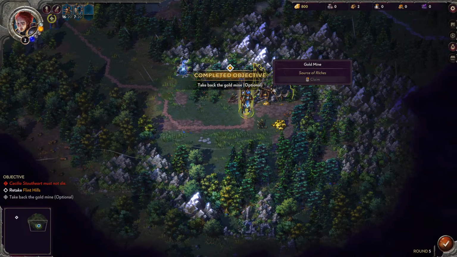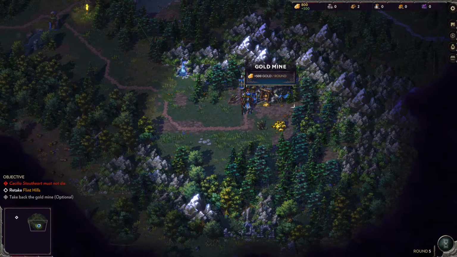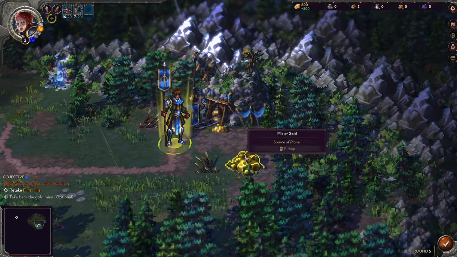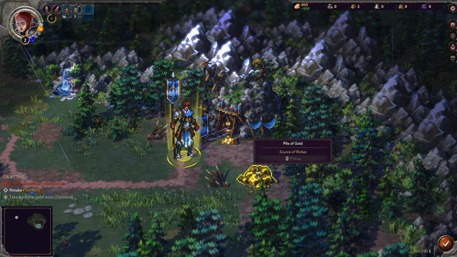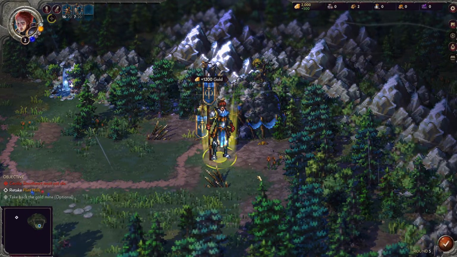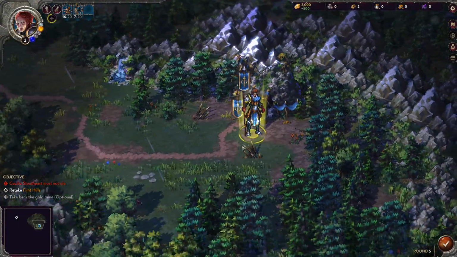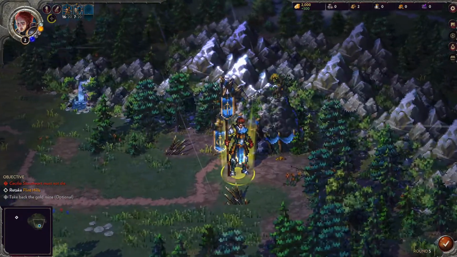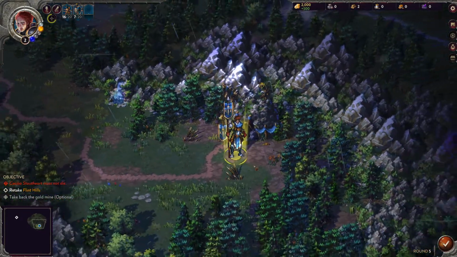We got the gold mine. Claim. Sweet, so it gives us gold per round. I love that effect. I like when they combine normal 2D pixel work with, oh, we can actually pick this up, with shaders and things like that, and lighting systems. Always looks cool. One thing I was going to say is there's some games that have this look to them that it's just like